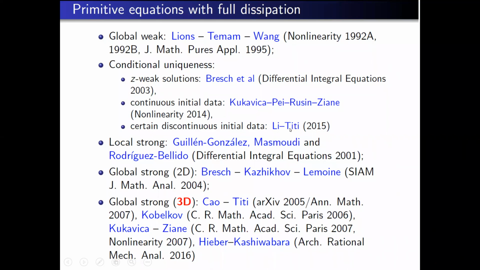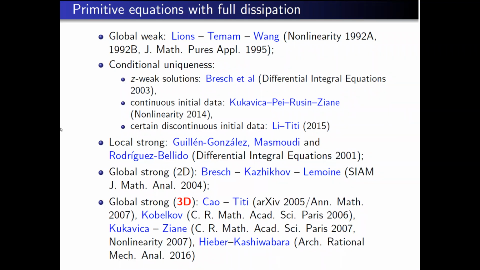So these are like improvements. This is adding more cosmetics to the theory. Once you have the breakthrough result, we try to squeeze out as much juice as possible, weakening the conditions on the initial data, etc. Now, the very first result about this, the local strong solution, was given by Gonzalez, Masmoudi, and Rodriguez. This is also 2011, prior to our work. It's a short-time existence, and we capitalized on this result later to show that you have global existence.